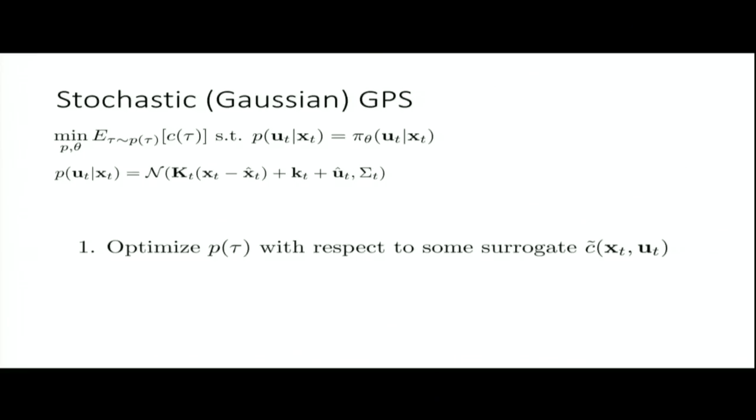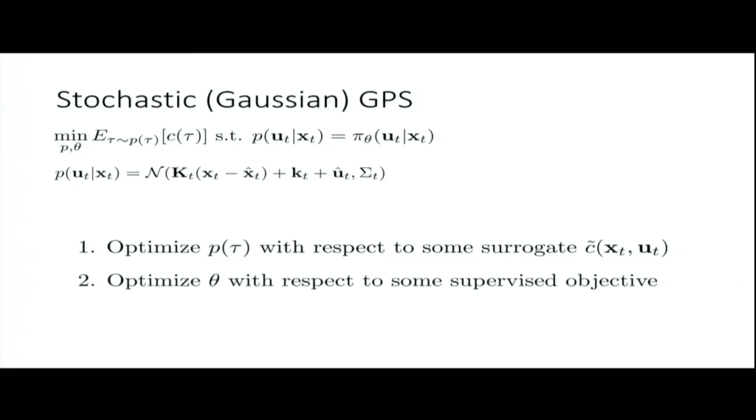and this is what I talked about on Monday, using an algorithm with fitted local linear models against the surrogate cost, which again is the Lagrangian, and then optimize the theta against a supervised objective by actually running these local controllers on a real system, looking at which states they visit and which actions they take, and using those actions as supervision. And then increment the dual